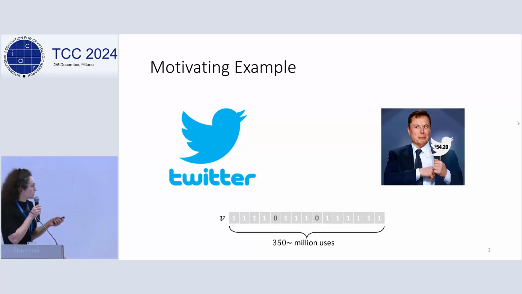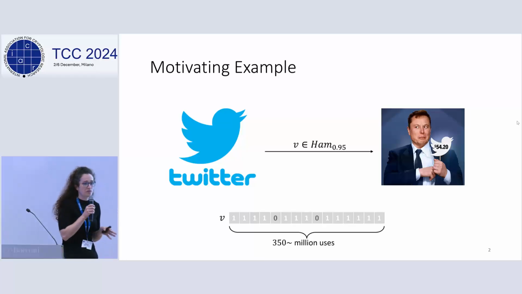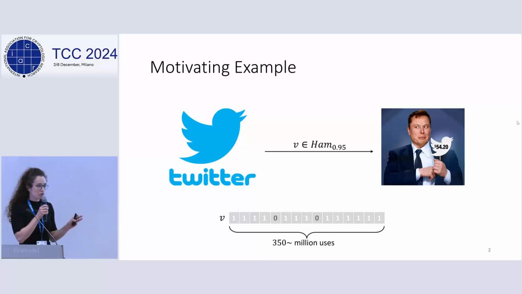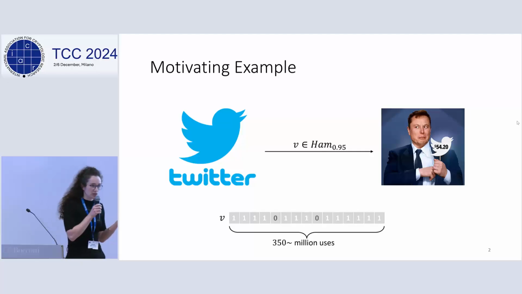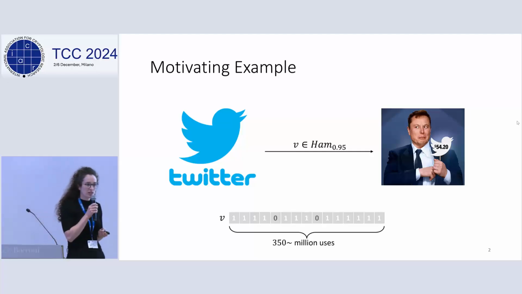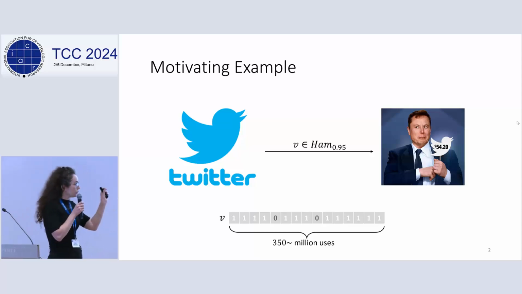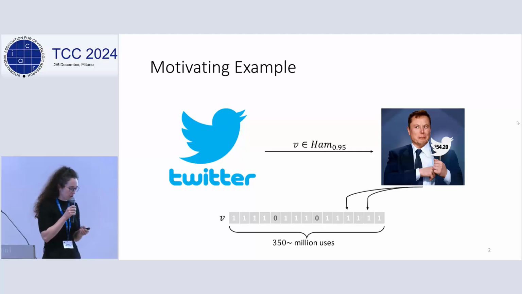Now, in order to solve the dispute, Musk wanted to verify that roughly 95% of Twitter users are real. We represent the users as a bit vector, where 1 indicates a real user and 0 a spam bot user. Back then, Twitter had 350 million users, so the vector V is huge. Naively, Musk could count the number of real users, but this is too costly, potentially requiring expensive individual checks, maybe even hiring a private investigator to check that a user is real. For such a massive data set, this is impractical. Musk could check only a small number of users, nothing more than that.